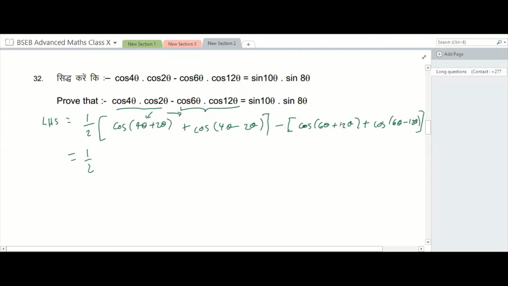That was a half there, half here also. So half into cos 6 theta